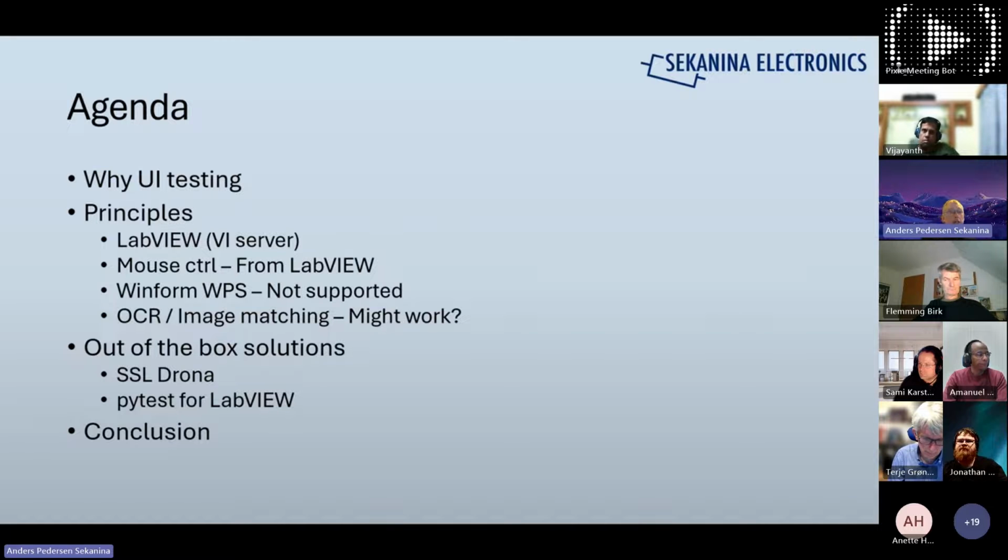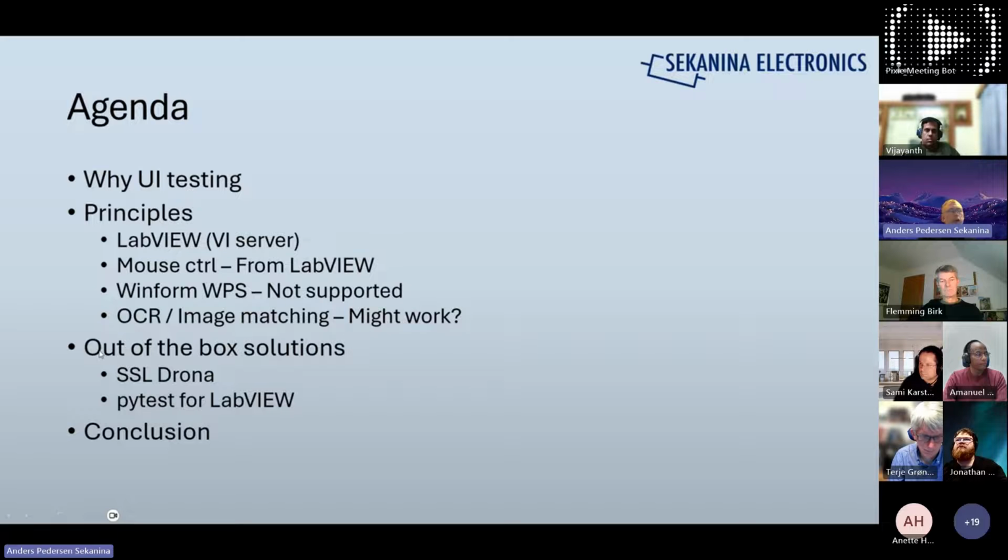That is not supported in LabVIEW, so that is not. Or you can do this by taking a picture of the whole screen, looking for the button, and then moving the mouse to it, using something external. It might work. I've also heard from many people who have issues with that in LabVIEW, so I have full control of the things we can do from LabVIEW.